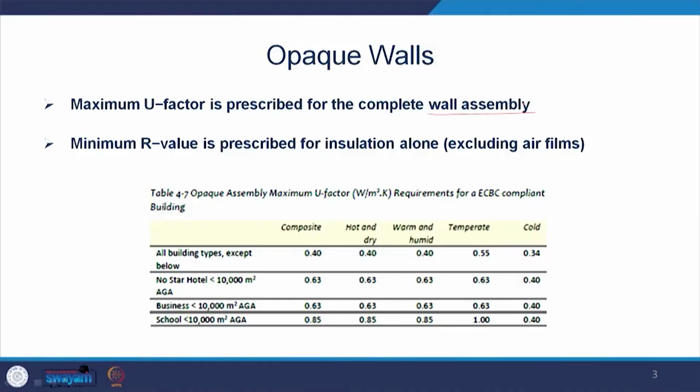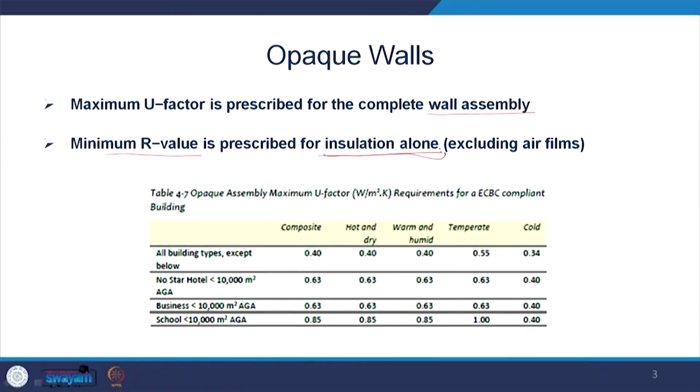So, we can look at the complete U value of this wall assembly, or alternatively we can also look at the minimum R value, which is the resistance value prescribed for insulation alone. So, only the R value of insulation can also be met. This is the prescriptive approach, where these values have to be met. So, if we look at these values,